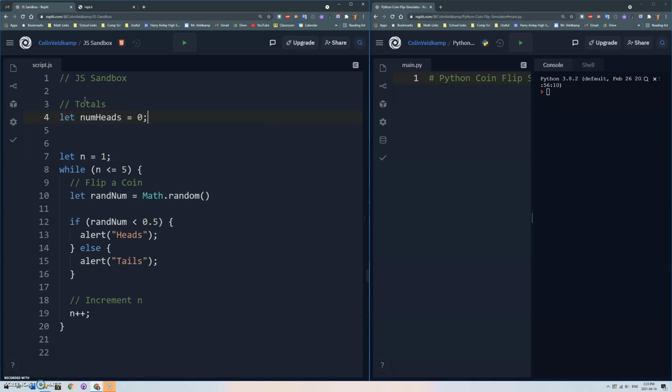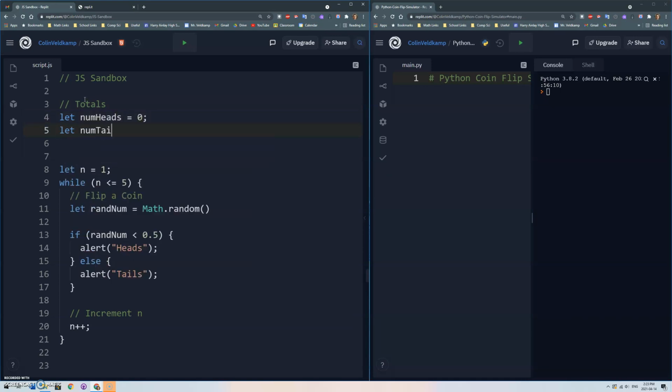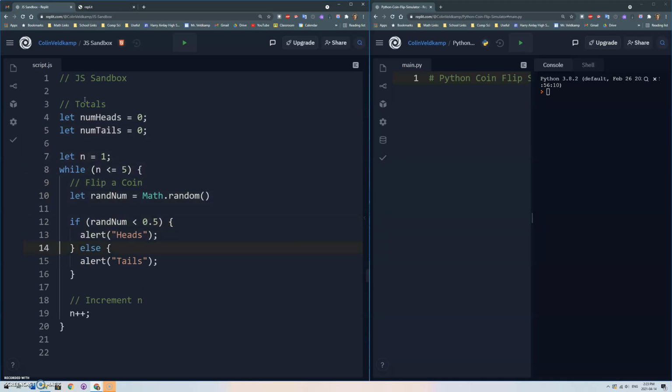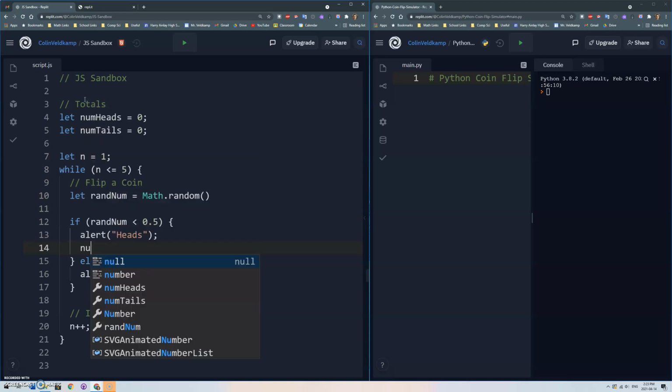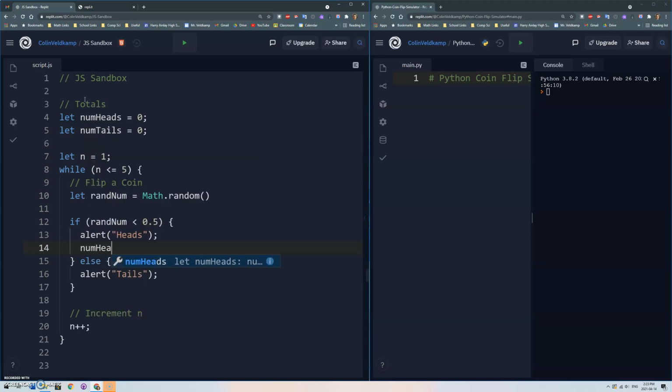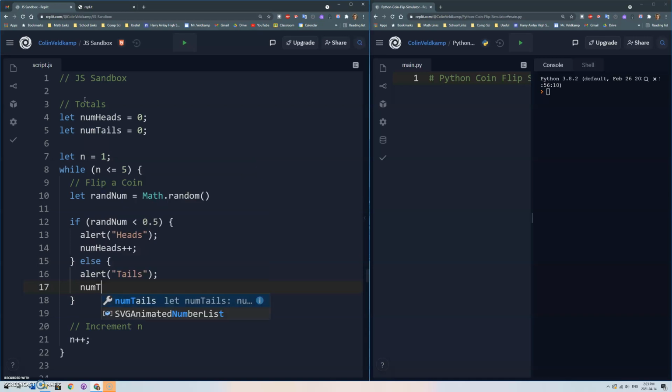And of course, if I wanted some variables to keep track of totals, right, I could have let num heads be assigned 0, let num tails be assigned 0, and then every time I roll a heads, I could go num heads plus plus, and every time I roll a tails, I can go num tails plus plus. And in fact, let's change the order of this. I'm going to hit Control X and Control V. And then after we do our heads here,